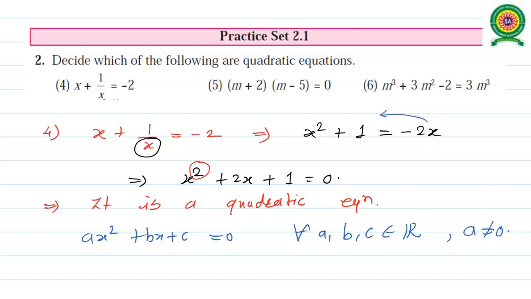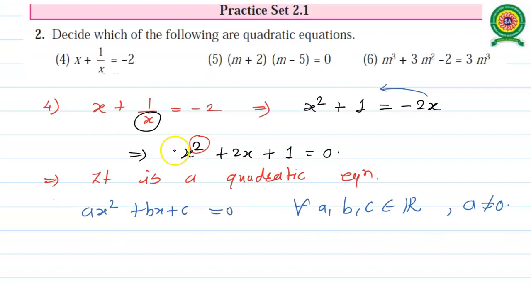So we are getting here the coefficient of variable x is not given, means we have a 1. So 1 is your value of a. For b, we have the coefficient of x, that is 2, and c becomes the constant, that is 1. Now be focused on the fifth sub question.